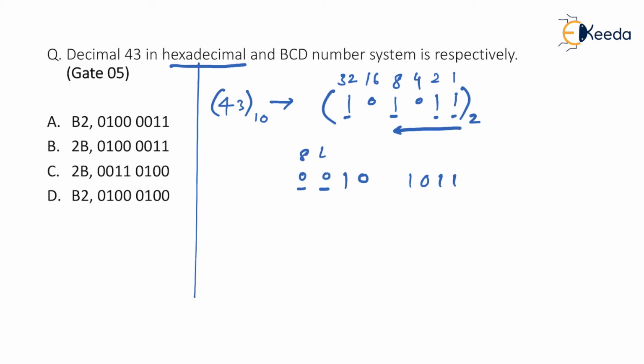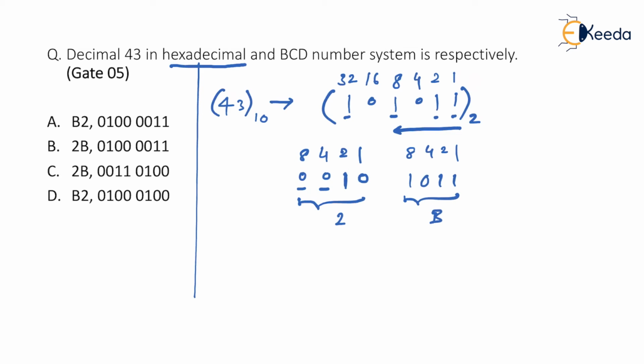On top of this, now you just write 8421. Here I'll write 8421. This is the method to convert binary to hexadecimal. If you have watched the previous videos, then it wouldn't be a big deal for you. So 0010, as you can see, a logic 1 is below 2. So this gives you 2 and this gives you B.